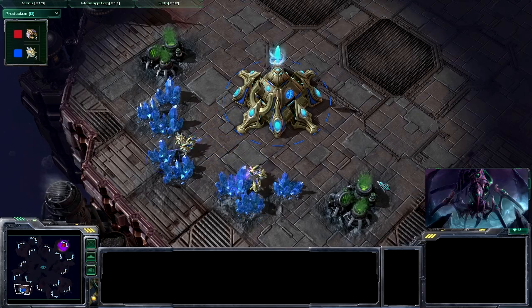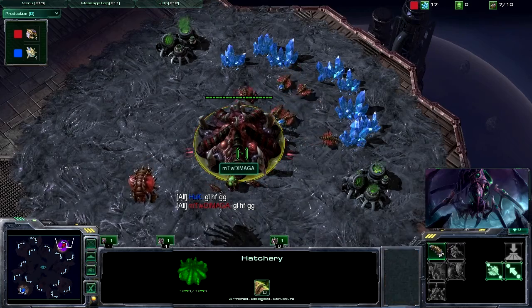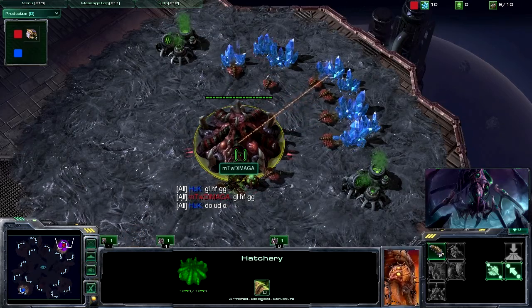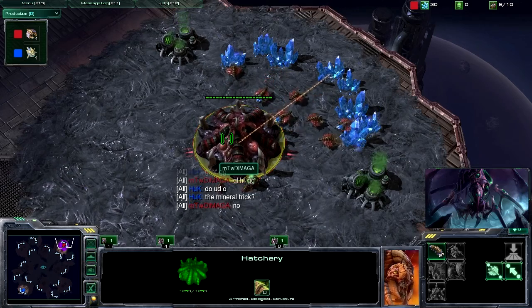Hello everyone and welcome to the fourth game between Huk, spawning as a blue Protoss, and his opponent DIMAGA, spawning as a red Zerg. The map's going to be Delta Quadrant and let's see what's going to happen here. So the first two games Huk won, but the third one DIMAGA beat him in Steps of War,